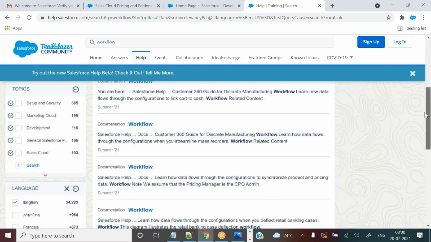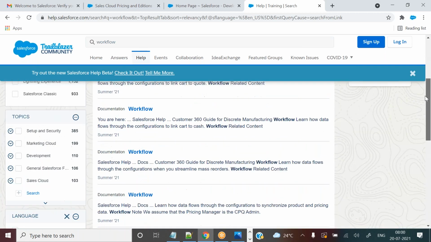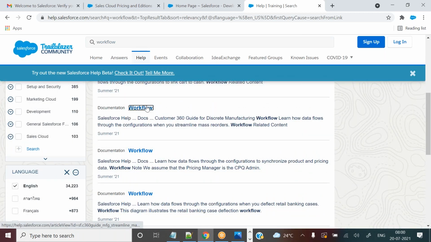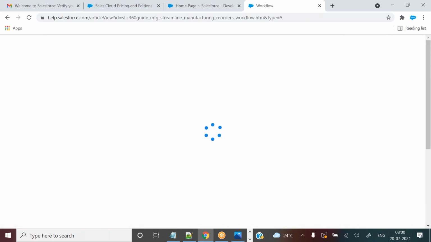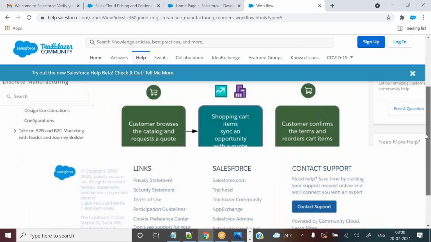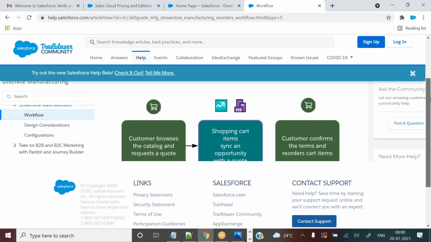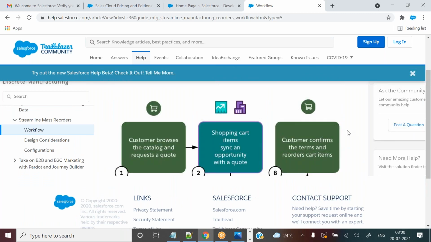So who has provided these documentations? Salesforce has provided the documentation. Okay. Salesforce has provided so many documentations which are related to it. If you want, you can open it. No problem. So see here, Salesforce has provided the documentation. You can just go through the links and all these kind of things. Okay. See inside this one.